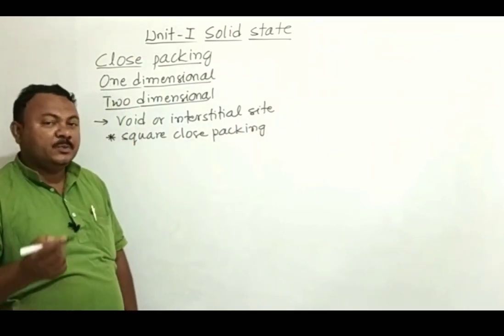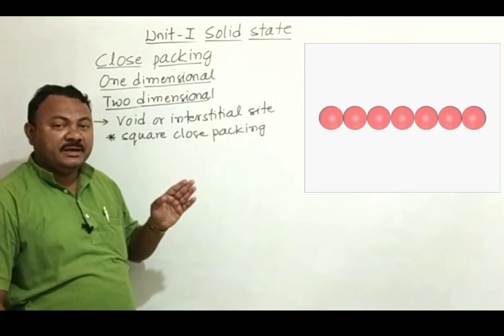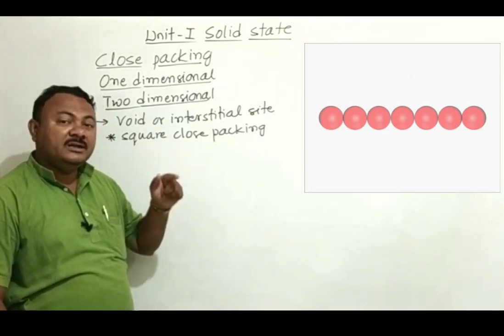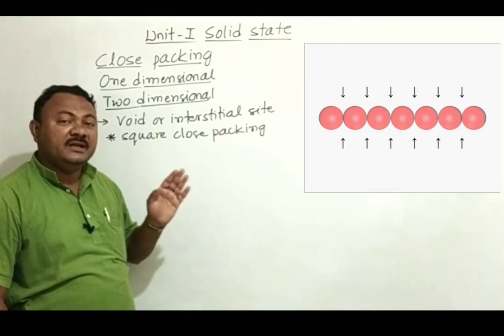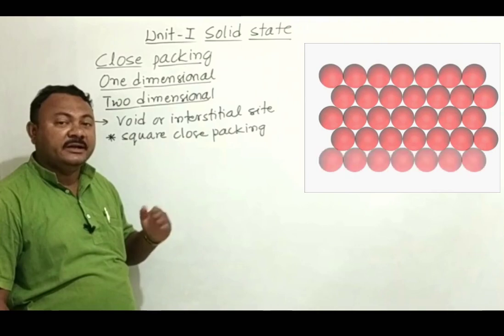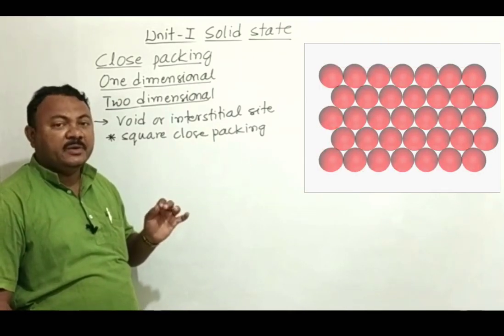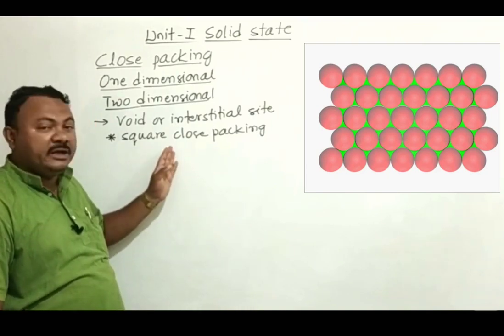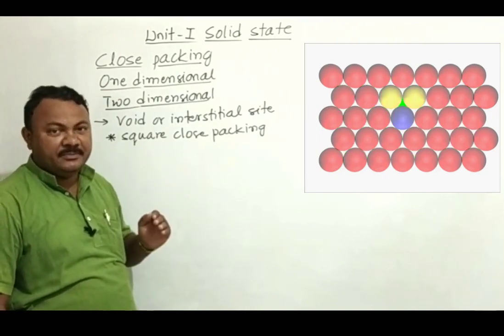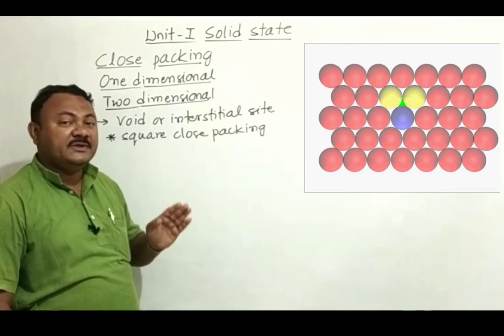As I told, what is the other possibility? Now consider one-dimensional close packing and place the spheres of other layers in the depressions of the first layer. And just compare the alignment. Alignments are not matching alternately. Okay, and look at the void now. We are getting a very smaller void compared to the void we got in square close packing. And shape of the void, you see it looks like a triangle. You can call the void as a triangular void.